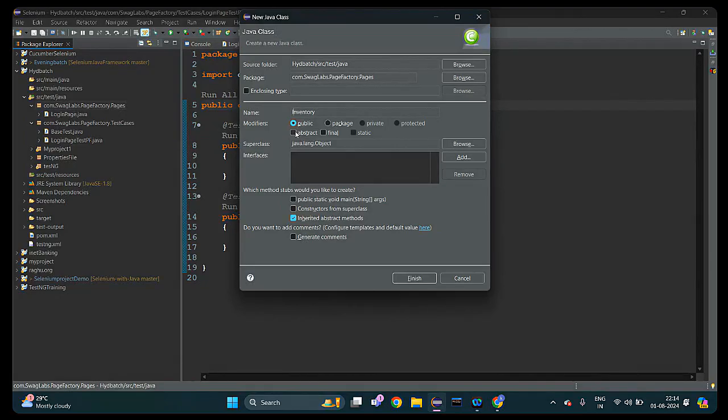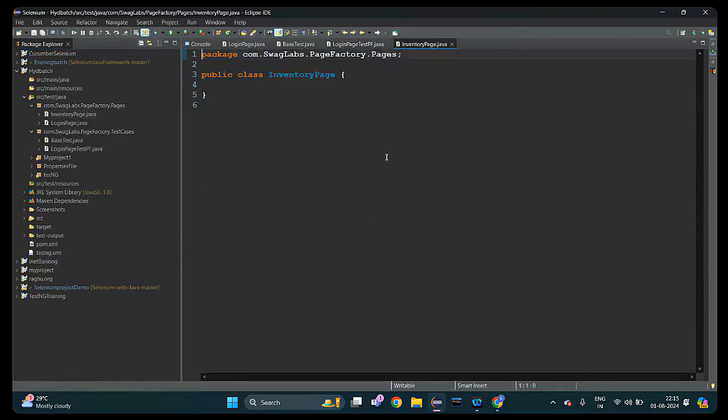Okay, I'm creating the inventory page. This is the second page. I'm working on the second page. Just click on it. So now here also we need to follow the same as we have done for the login page. Here also what we are going to take,